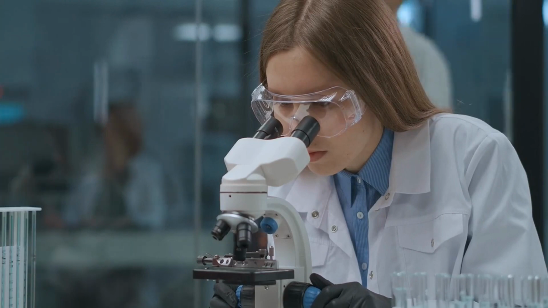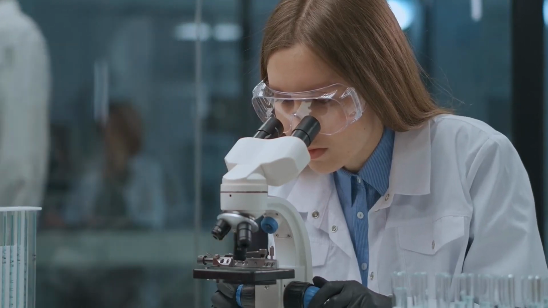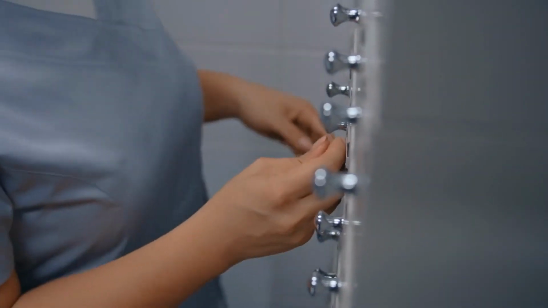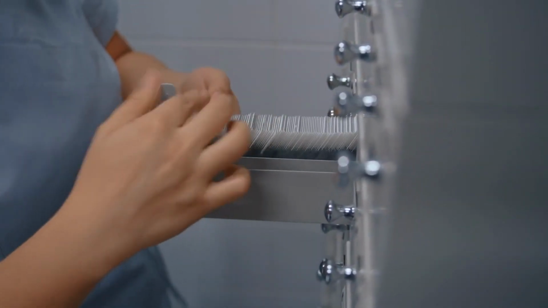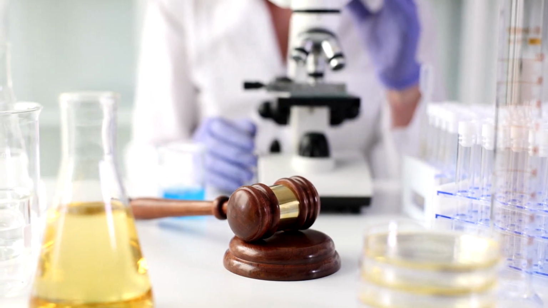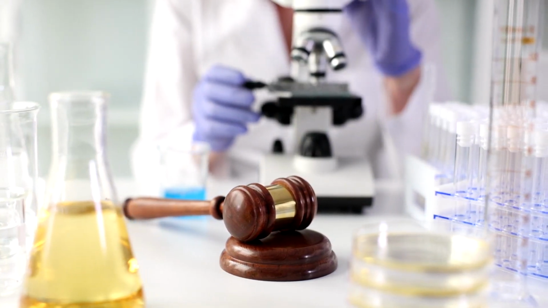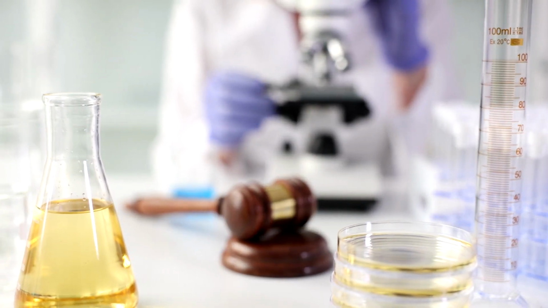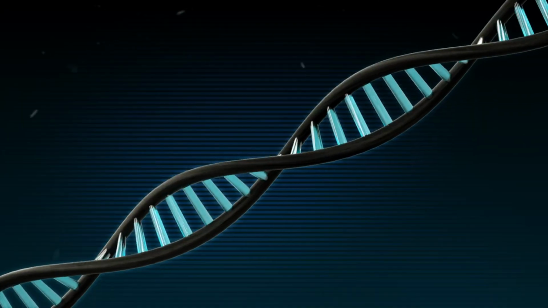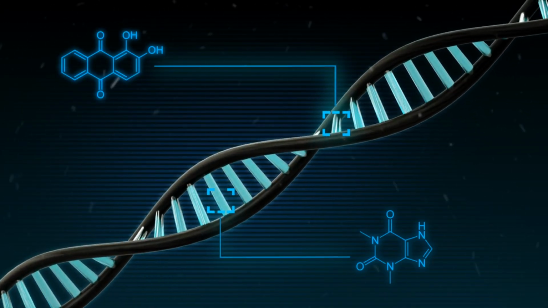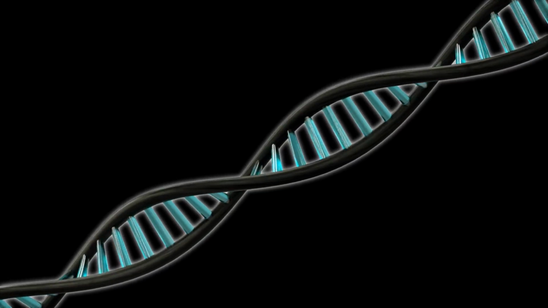Forensic science is composed of several key disciplines, each specializing in different types of evidence and analysis methods. Forensic biology involves the analysis of biological evidence, such as blood, saliva, hair, and other bodily fluids. Forensic biologists utilize techniques such as DNA analysis, serology, and microscopy to identify individuals and determine the biological origin of evidence. DNA profiling, in particular, has become a cornerstone of forensic biology, enabling the identification of suspects and victims in